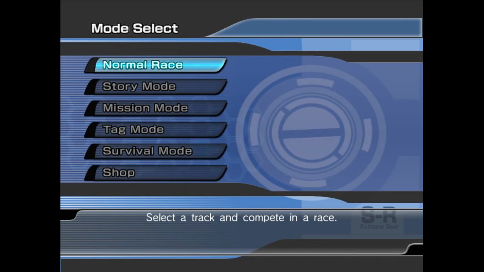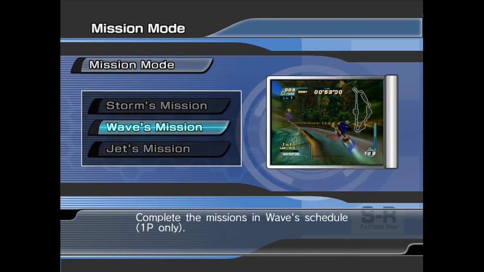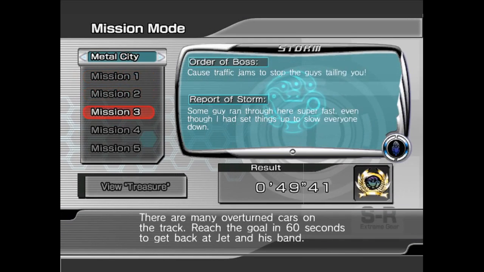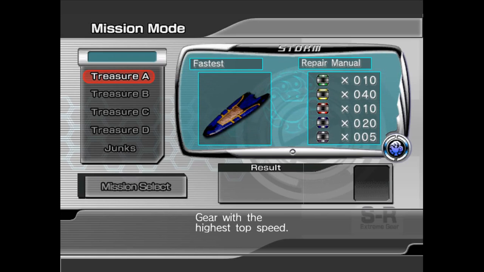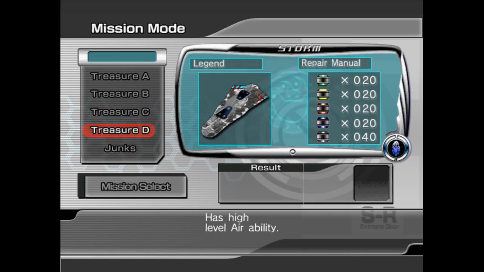Hello there, it is Kante here playing through Sonic Riders, and today we're going to actually cover some more gear. Now, I've already covered the gear in the shop, but there's still more gear if you go into the mission mode and then view the treasures. So the thing is, during the missions, there are certain missions where you can collect junk, and certain missions where you can collect